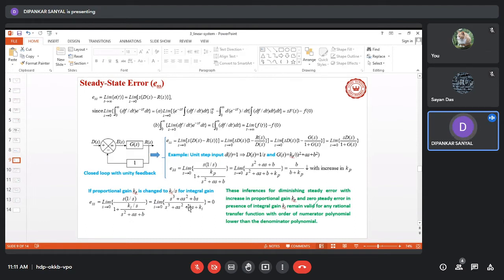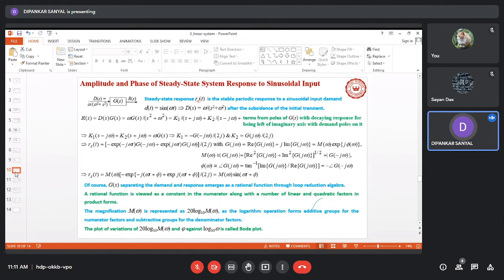If we want a 0 steady state error, we have to involve one integral gain, and after that we are coming to the